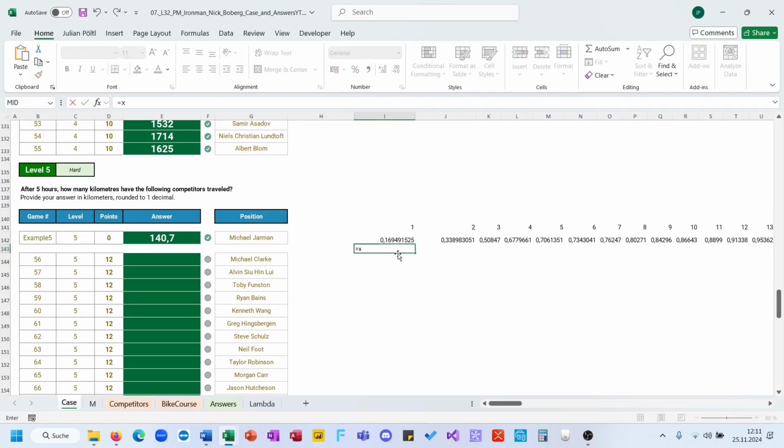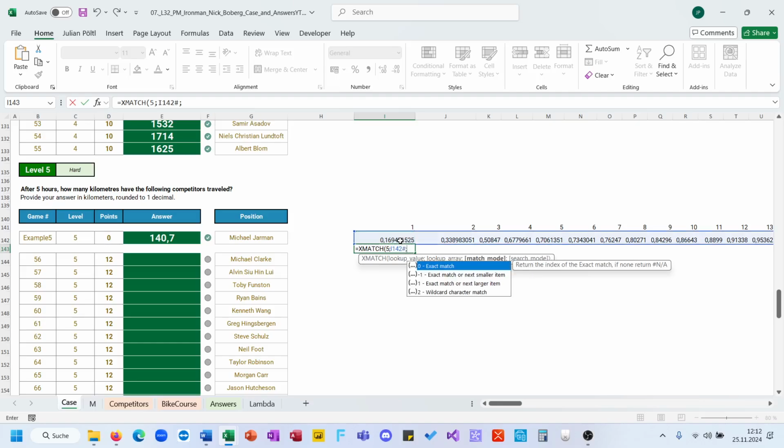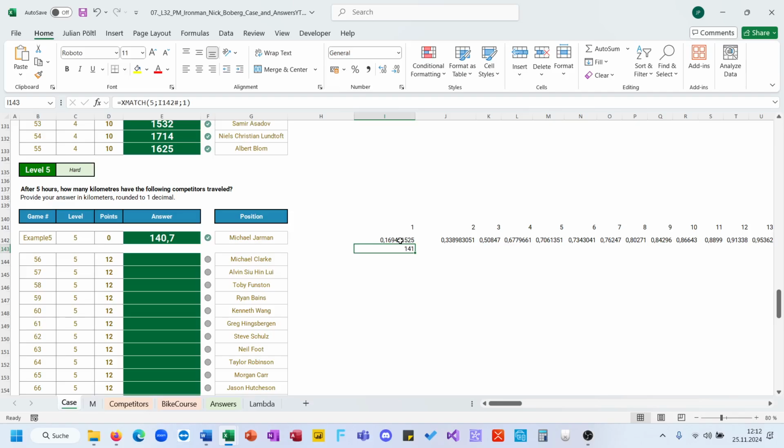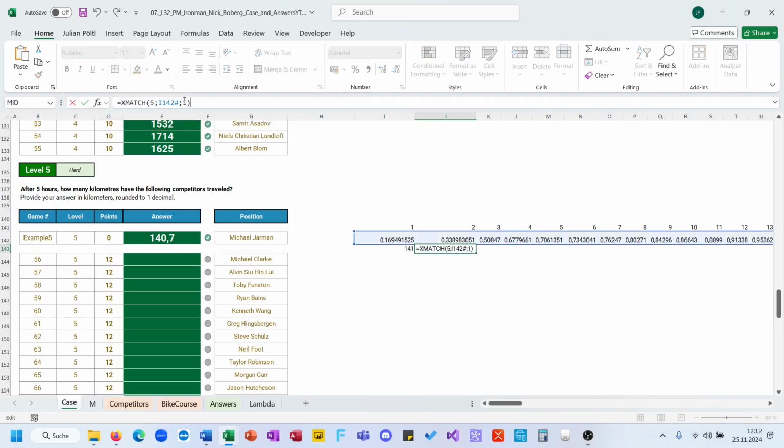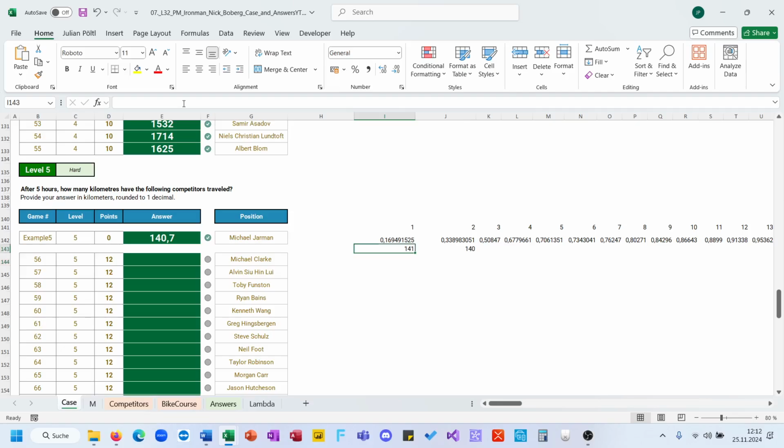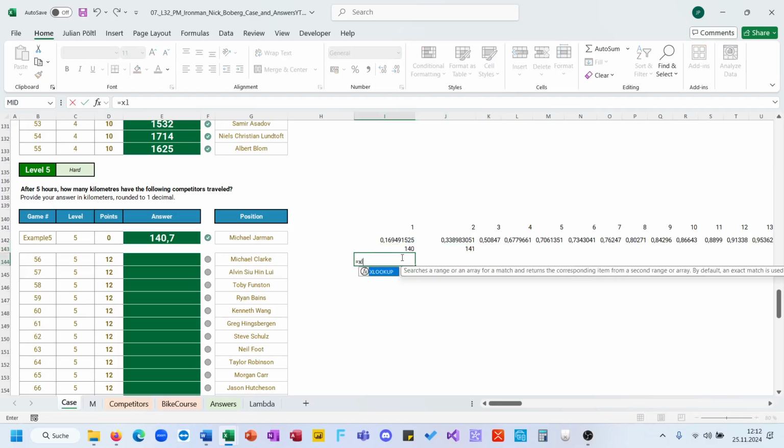And then I do an X match for the value 5 hours. Look up here, match mode is 1 and -1. So here the person is at 5 hours between those kilometers, and then